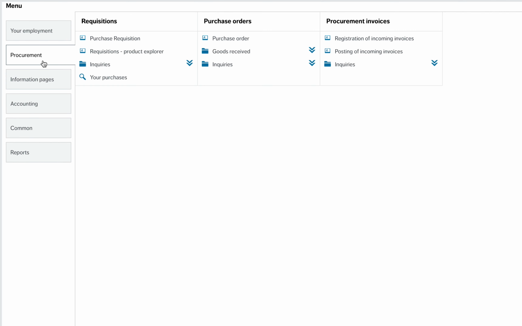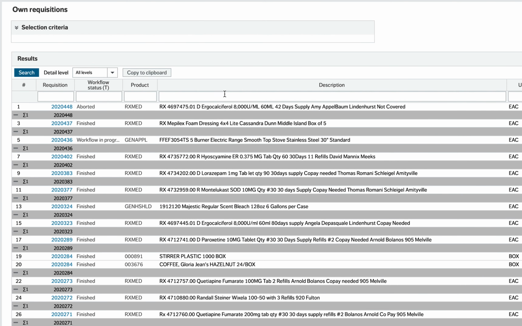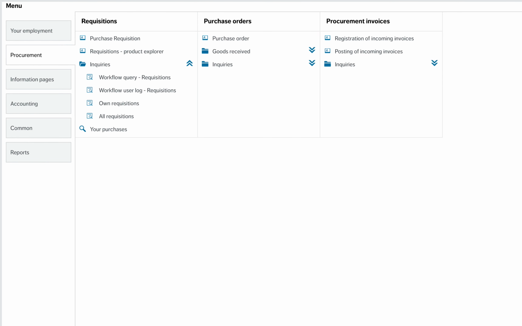Back to procurement, under the requisitions header, you're going to go to inquiries. It's a drop-down menu option, and you're going to go to own requisitions. This will give you a list of every single requisition that you have submitted in chronological order. Once you have the requisition number you want to look up, you can write it down and go back to the main menu. And then the next thing that you would need to do is look up a workflow query